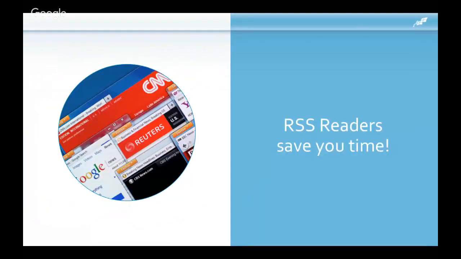Also, RSS readers can save you a ton of time. There's all kinds of things that you can do to grab content. One of the biggest things that you need to know if you're going to curate content effectively is where to find that content. So RSS readers, which stand for really simple syndication, and that's what happens every time you publish content to a WordPress powered blog or any kind of content that's built for social sharing. So RSS readers can help save time with good reason, because you really need to reach out and to have a broad spectrum of content if you're going to use curated content effectively.